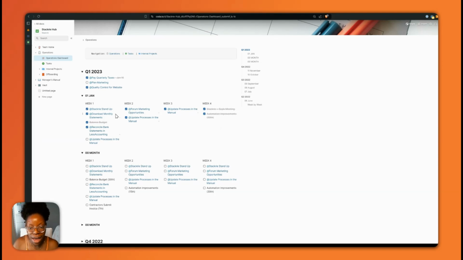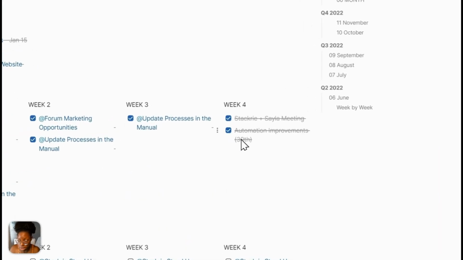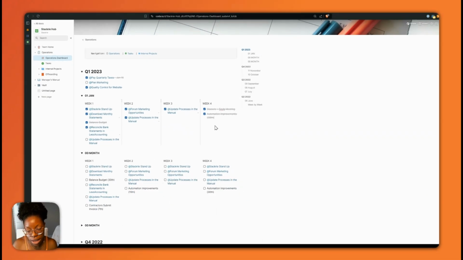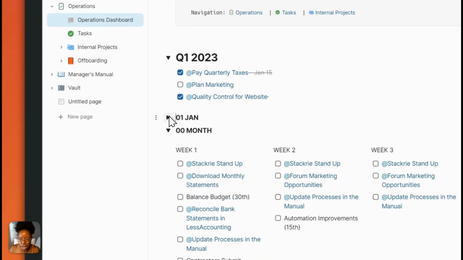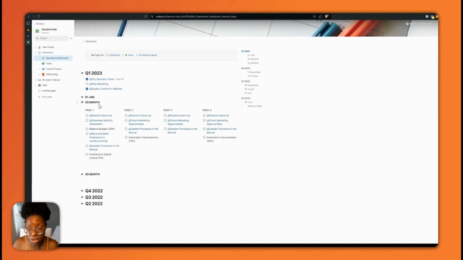And then as we have to add individual items, they don't have to be linked to a routine. You can add those checklist items and give that full dashboard and visibility into the month in one place. We're using toggle headings so that you can collapse the months as they're completed. And in Coda specifically, I've left the